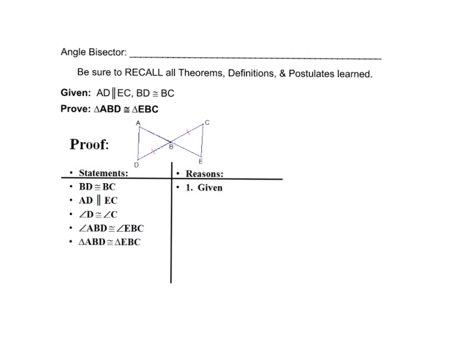All right, so first thing that I want to remind you guys of is what is an angle bisector? Remember, it is a segment that basically cuts an angle into two congruent parts. Okay, so whenever we're solving proofs, it is very important to recall all of our theorems, definitions, and postulates